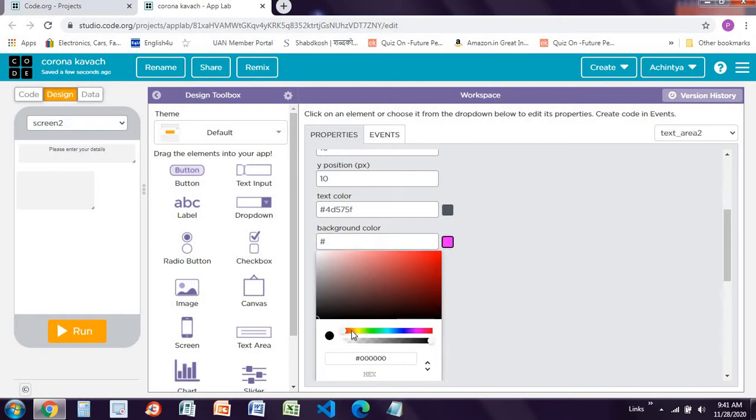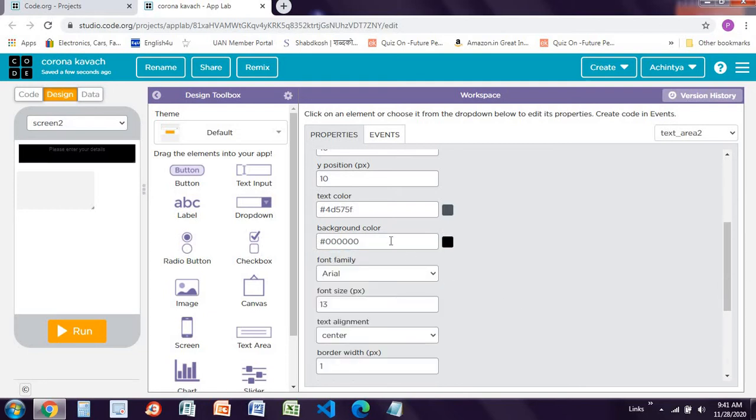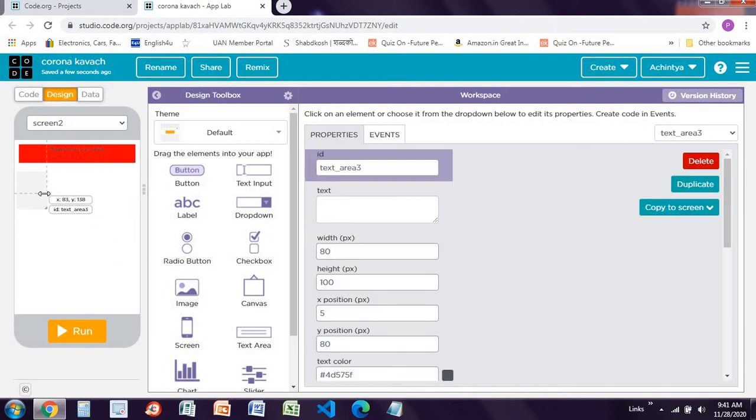I want it to be not this, yeah, this one will be fine like this. Also you can make it as red like this, and here you have to make this one also very small, like increase its width by this much and you have to decrease it like this.